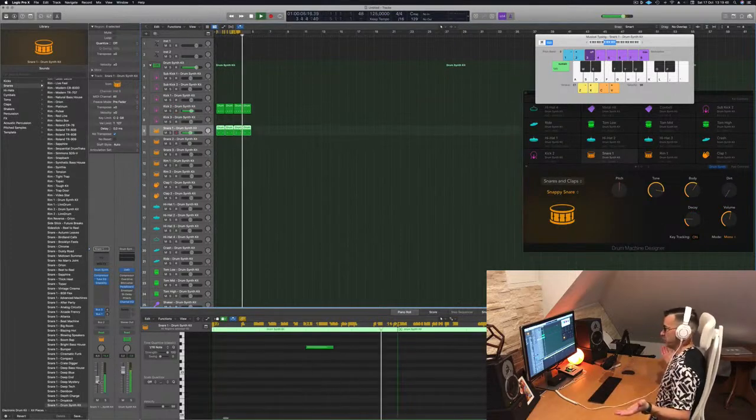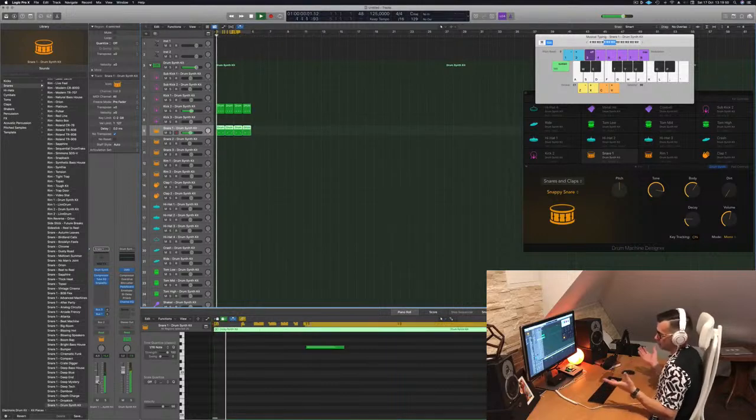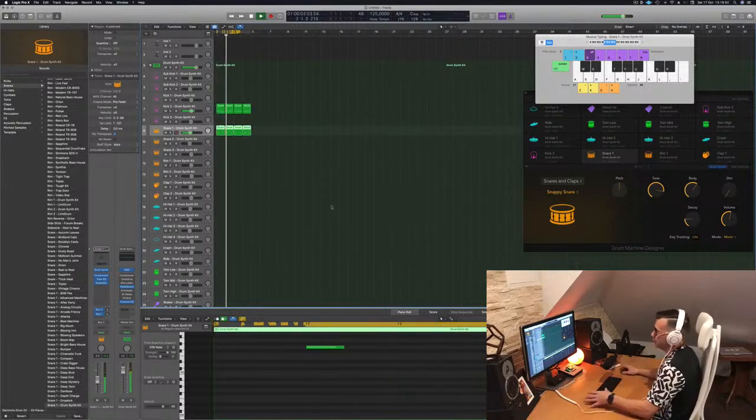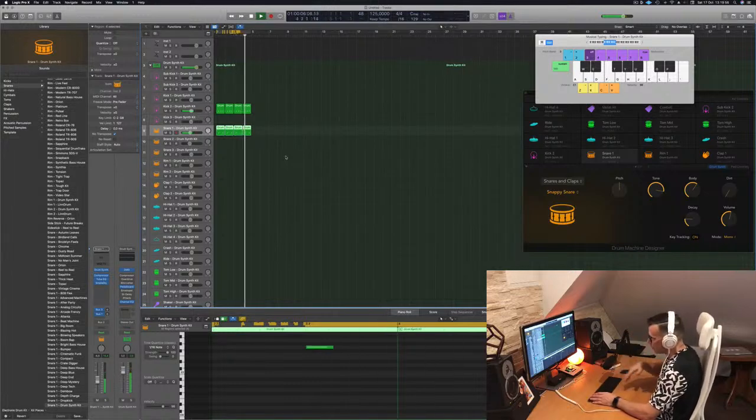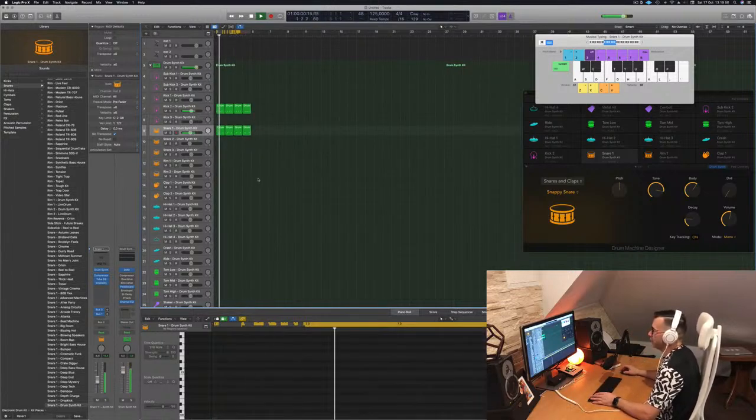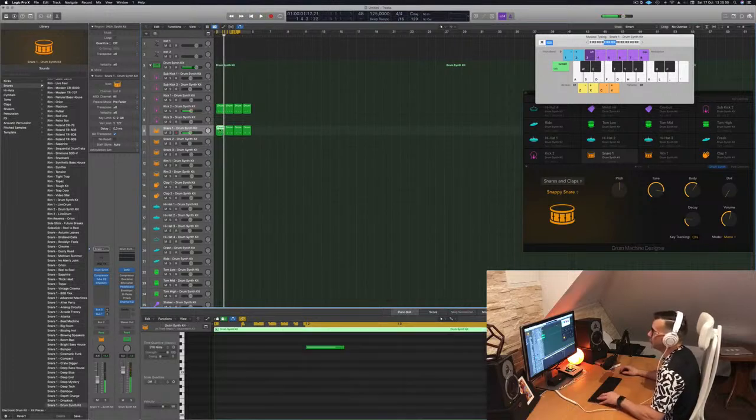So guys, we have a beat. I mean, it's very simple, but this is what it is. This is a drum beat that, you know, is the start of a track. So we'll go through the elements one by one as we go. After that, I would say, the snare drum,